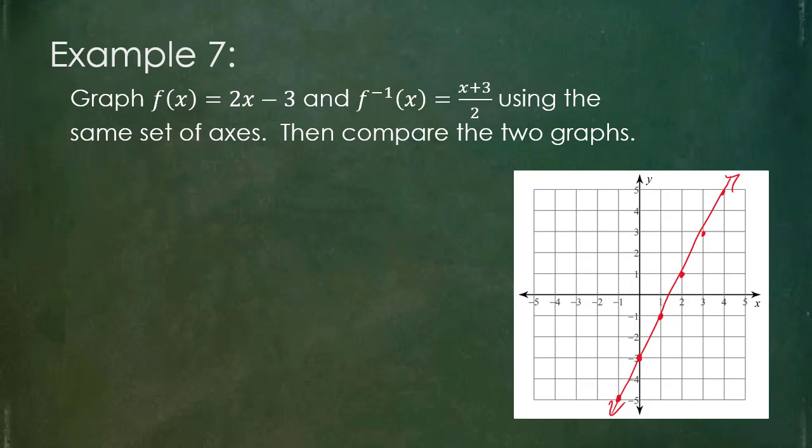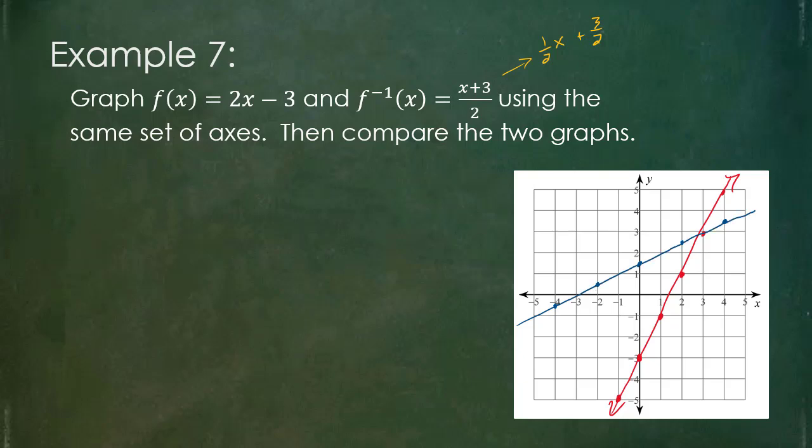If I were to now graph the other one, this one is one that I could rewrite technically as an x over 2, or 1/2 x, and then plus 3/2. So I could think of that as slope-intercept form. So I could go to 3/2, or 1.5, and then just perform a slope of 1/2. So I could go up 1 over 2, and then up 1 over 2 again, and then down 1 to the left 2 for the remaining that way, and go ahead and